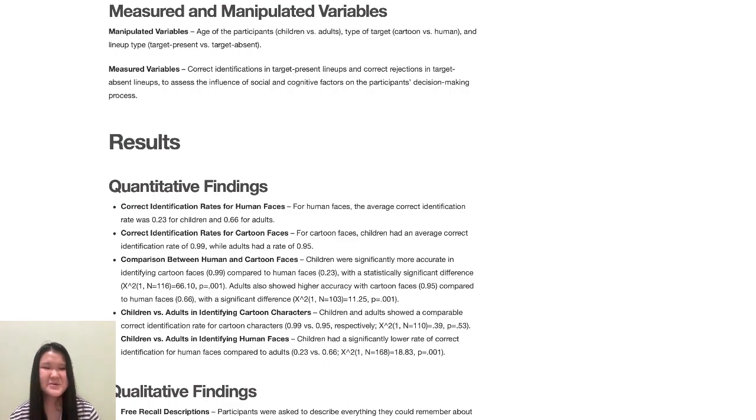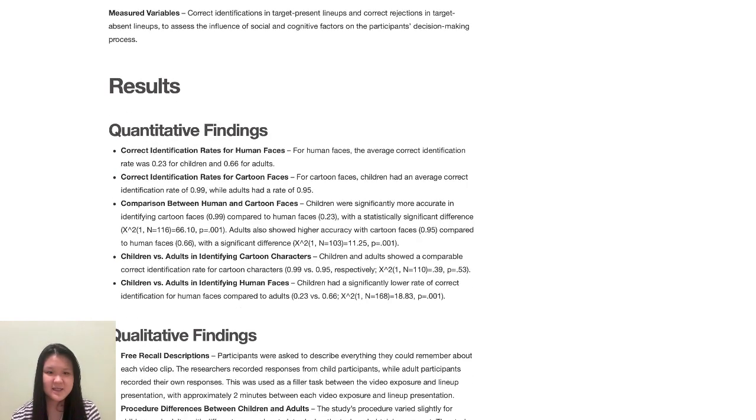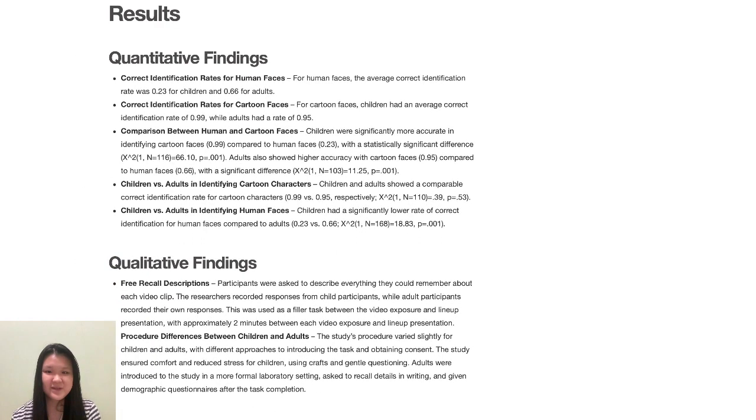Okay. Yeah, so if you're thinking about this, if there is correct identification in target present lineups, then what should they get in target absent lineups? It should be correct rejections as well, right? Yeah, and these are to assess the influence of social and cognitive factors on the participants' decision making process. Okay? You understand so far? Yes, I understand. Okay, very good. Okay, so could